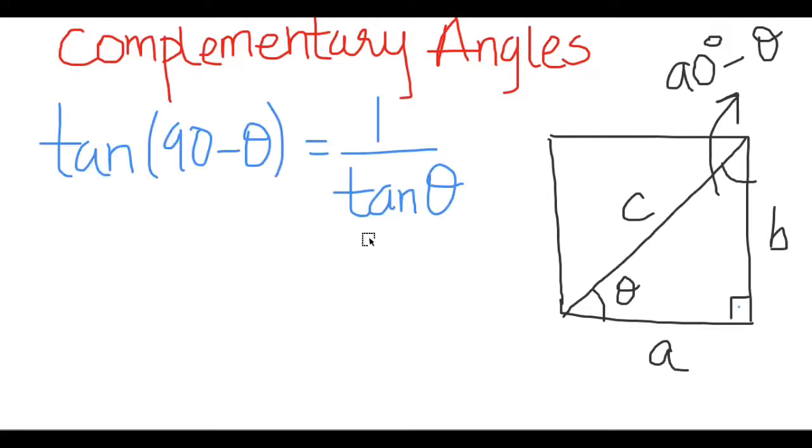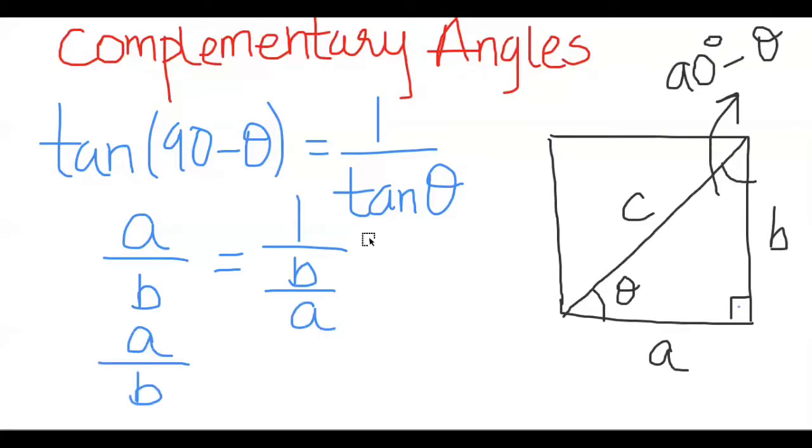The last identity that we have includes tan. Now, in order to prove tan 90 minus theta will be equal to 1 over tan theta, let's take a look at what tan 90 minus theta will be. Tan 90 minus theta will be a over b, as opposite upon adjacent, whereas tan theta will be equal to b over a. Now, if we simply try to convert it, it will become a over b, because we have a 1 in the numerator, and that's how this is also proven to be equal.